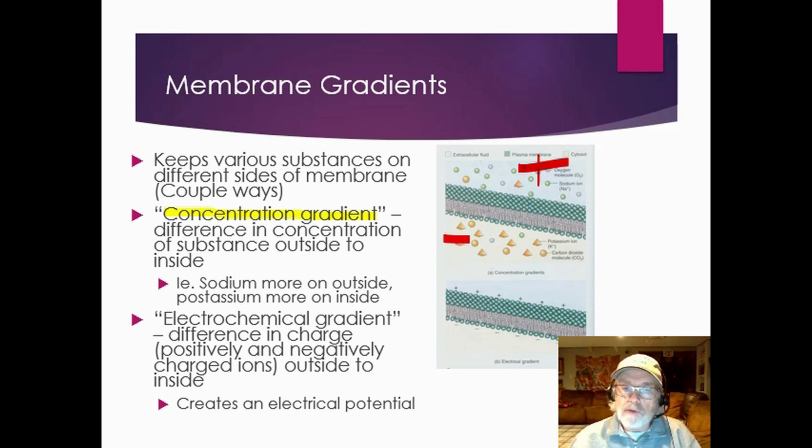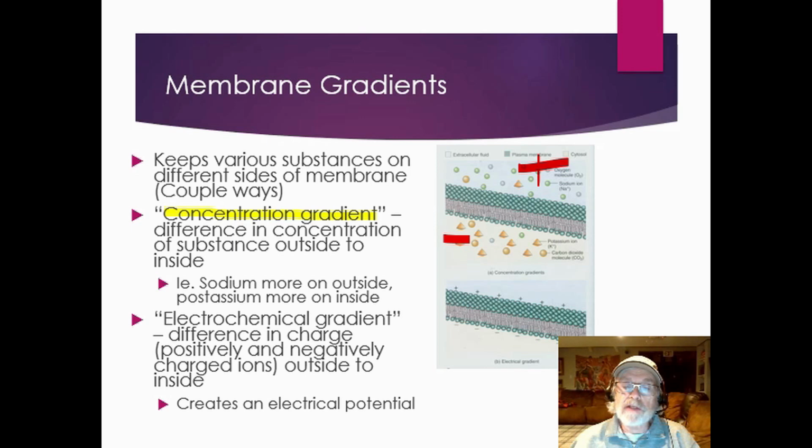Sodium and potassium are both cations, they're both positive. But I have sodium on the outside, and a small amount of sodium on the inside, a large amount of potassium on the inside, and a small amount of potassium on the outside. But we also have what's called the electrochemical gradient, and it says I have a lot of sodium on the outside and potassium cations on the inside,